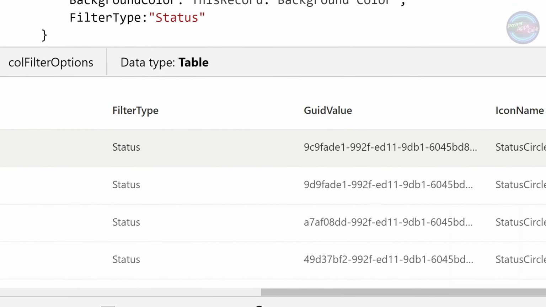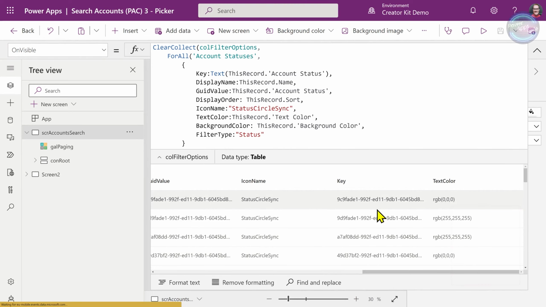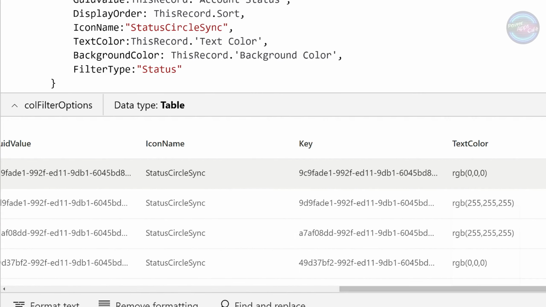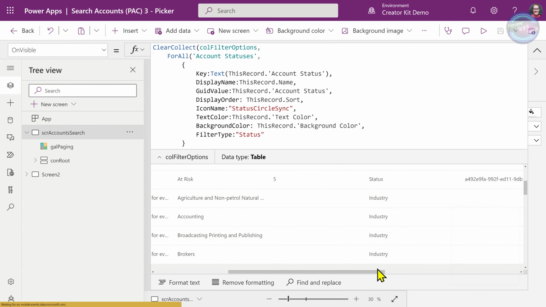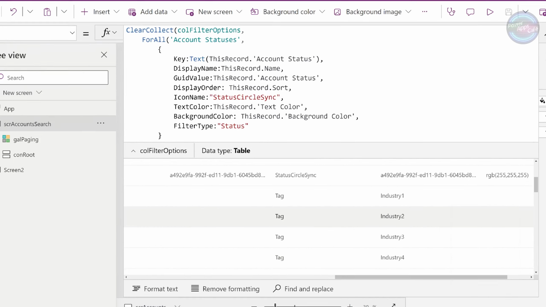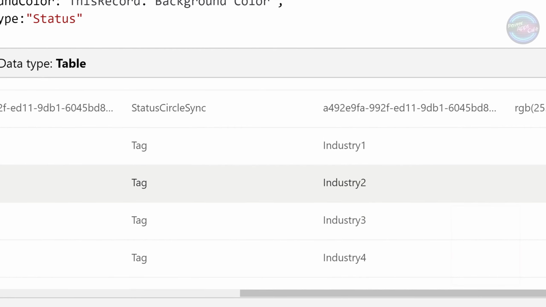You can see it's got a filter with all the GUID values and unique keys. At the end here, we've got the keys, which is the same using the GUID ID. And then if we come down here, we've got the industry's status. If we look at the end here, we can see we've got a unique key, which is industry 1, 2, 3, 4. It's that incrementing number.